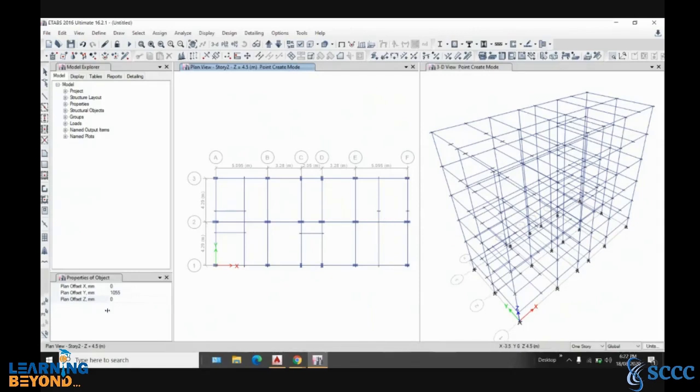Okay, then I will make it as minus 1055, minus 1055, and click on this joint, click on this joint.